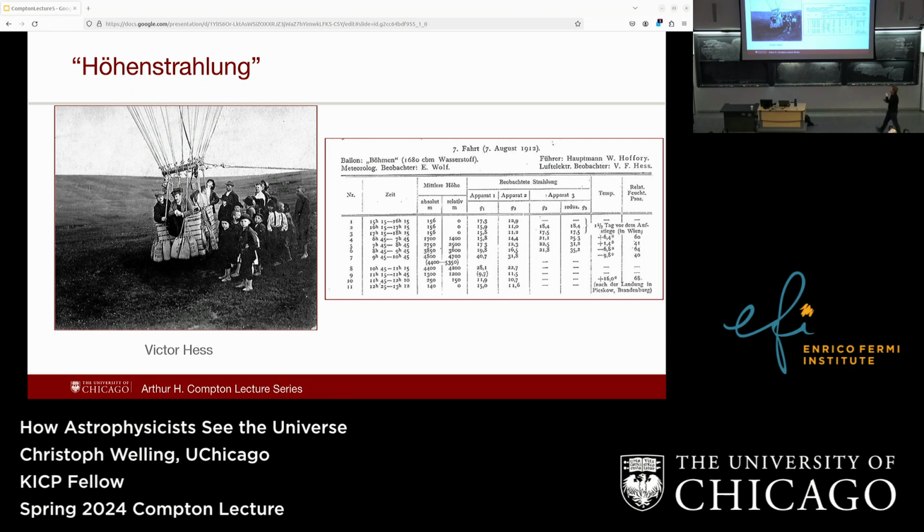And these are his notes from one of these balloon trips. This says his balloon was filled with hydrogen, so he was kind of brave. It's in German, sorry. So this is the altitude in meters, relative to ground, and he had these two radiation measurement devices, these two electroscopes. He also had a third one, but someone bumped into it, so it stopped working halfway through. When he lifted up, it stayed more or less constant, and then when he got up to around 4,500 meters, or 5,800 meters, suddenly he saw more than double the radiation he saw before.